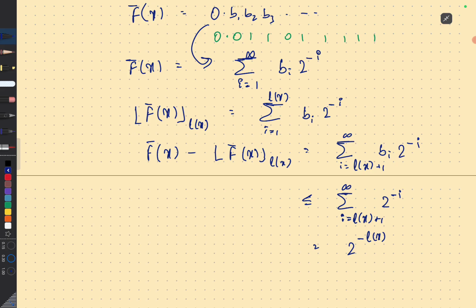Just to recap, what I did was I took the PMF, I computed the modified CDF, and then I truncated the modified CDF to L of x bits, which is ceil of log 1 over p of x bits, and then just took that binary sequence and used that as the code word. The L of x bits following the